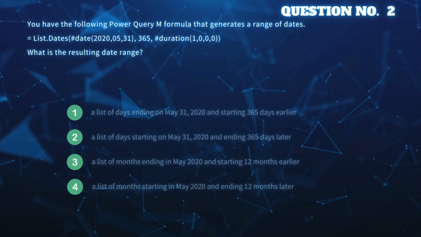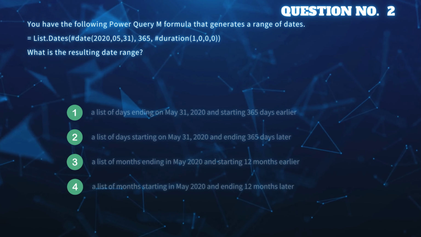Correct answer: a list of days starting on May 31, 2020 and ending 365 days later. Explanation: the #date element designates the starting date, 365 designates the duration counter, and #duration(1, 0, 0, 0) designates the duration interval in days, so this formula results in a listing of days starting on May 31, 2020 and ending